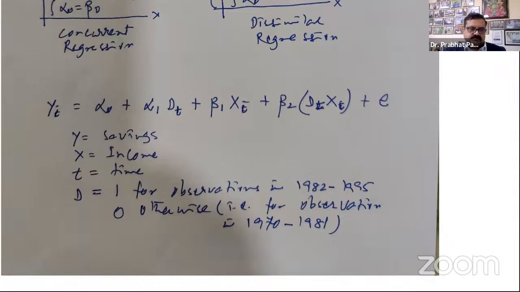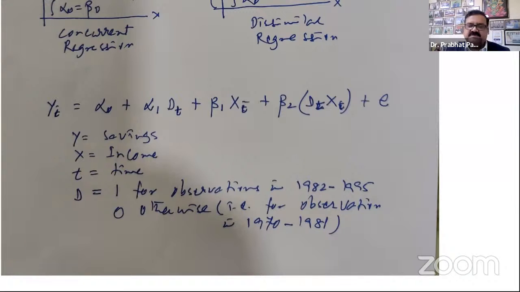Sir, in this we have taken the reference time period 82 to 95, and for this we are taking d equal to 1, whereas in the previous one, for the reference category we had the 0 value. Yes, sure. The data is available from 1970 to 1995, right? And 80-81 was the cutoff year. So we divided this data into two periods: 1970 to 81, that is pre-event, and 82 to 95, post-event.